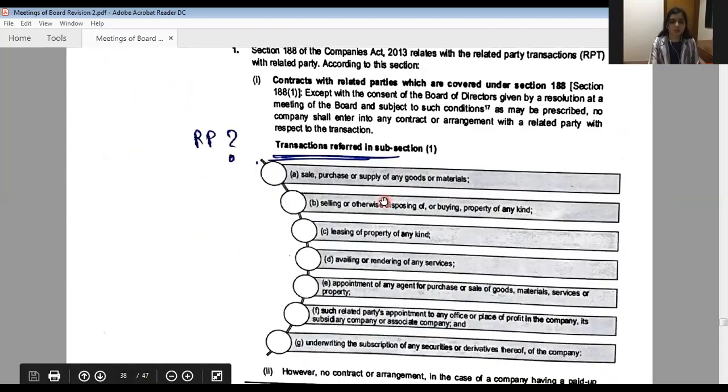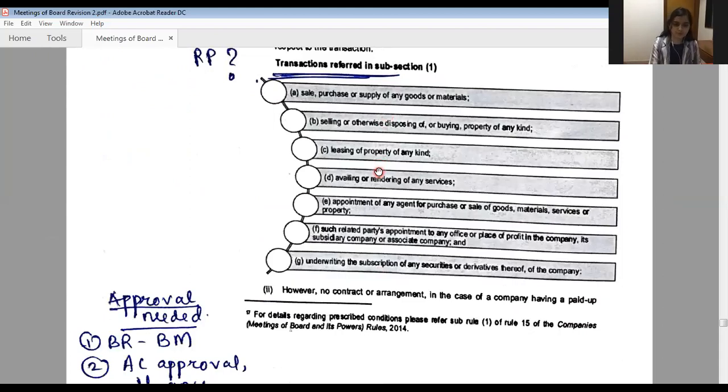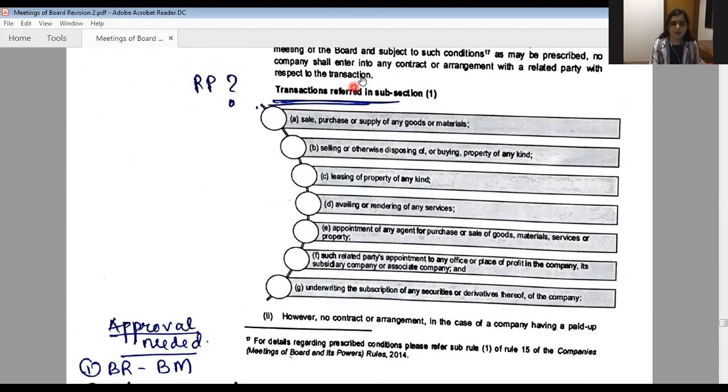Now, what are the related party transactions? It is stated in section 188 subsection 1. Transactions referred in subsection 1 are sale, purchase, or supply of any goods or material, then selling or otherwise disposing of or buying property of any kind, then leasing of property of any kind, availing or rendering of any services,